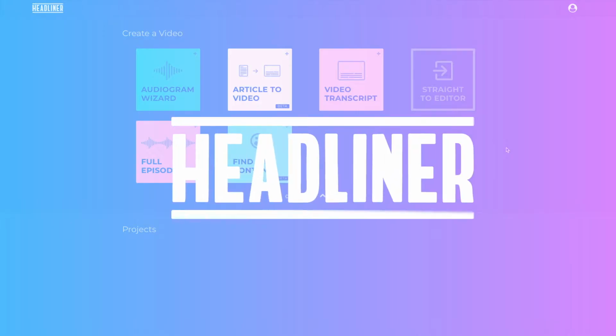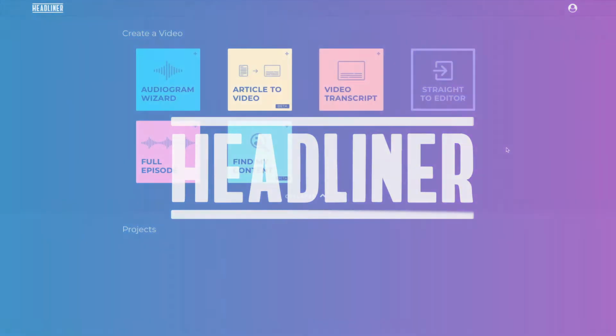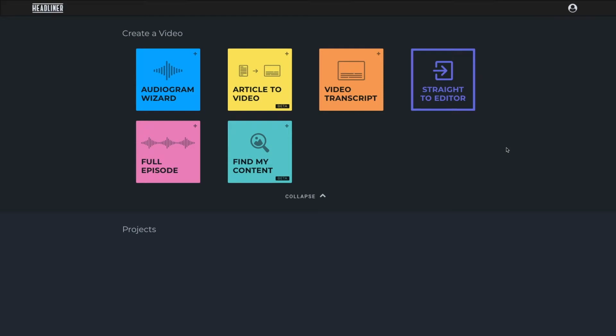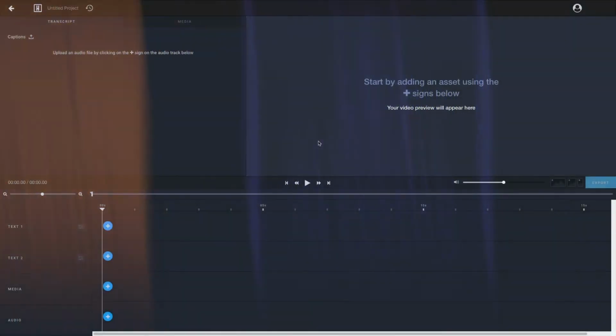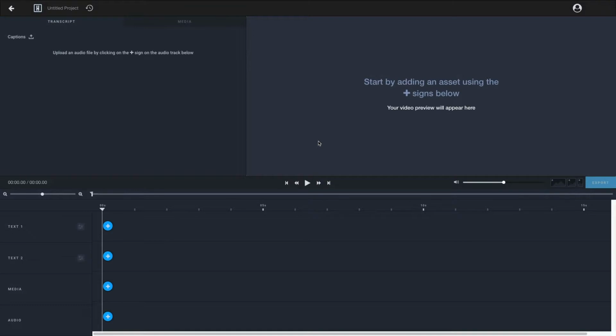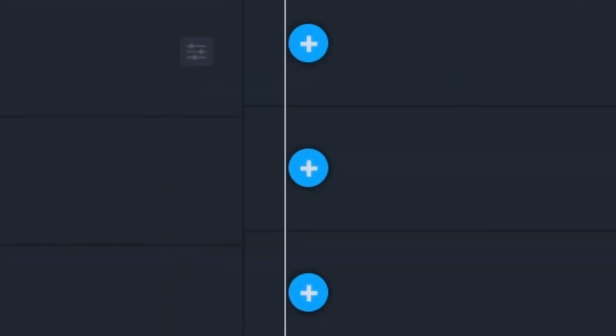Hi, today I'm going to show you how to add stock images and videos to your project on Headliner. Stock media can be added to any project that was created using any of Headliner's wizards except for full episode. Once you're on the project timeline, you can add stock media by clicking on the blue plus sign on the